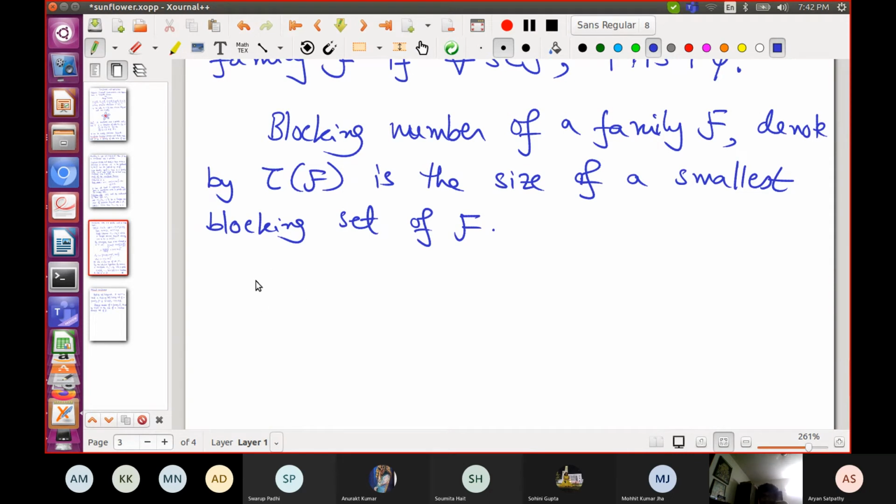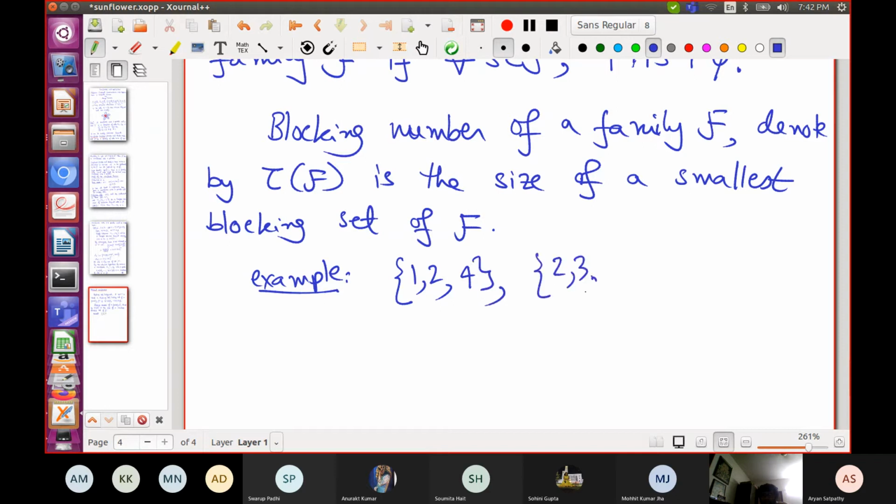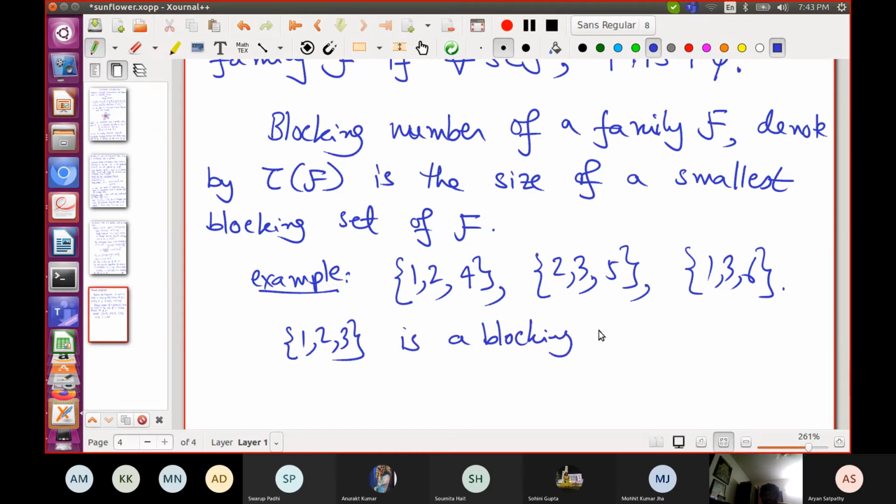Okay, so let's take an example maybe. Let me cook up an example. So 1, 2, 3 is a blocking set of this family.